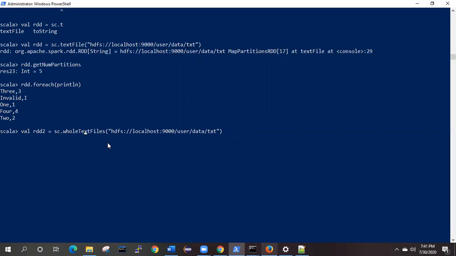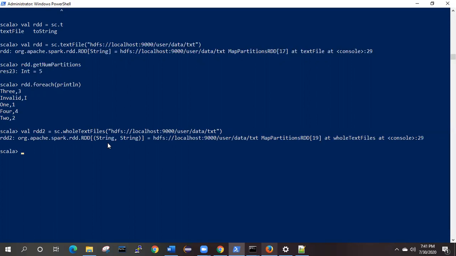Here also I am reading the same file from the same location. Now you can see the RDD is getting created, but it is of the tuple type. Here, instead of a single string like earlier, we have 2 different strings available. If you wish, you can check the number of partitions for this one, and you can see here also the number of partitions is 5.